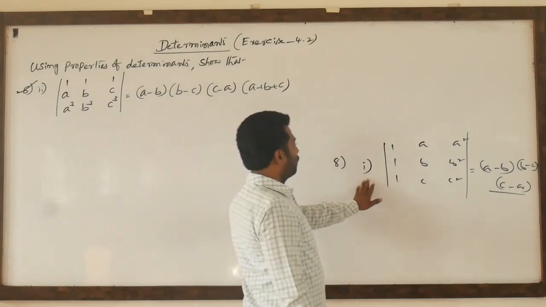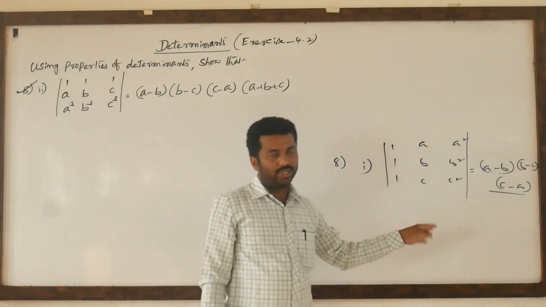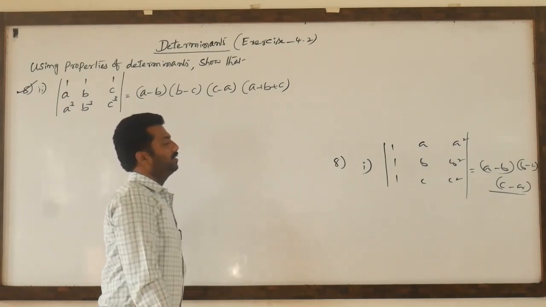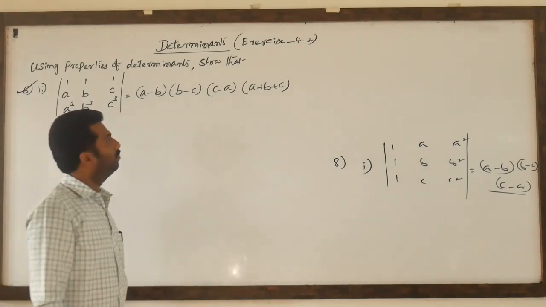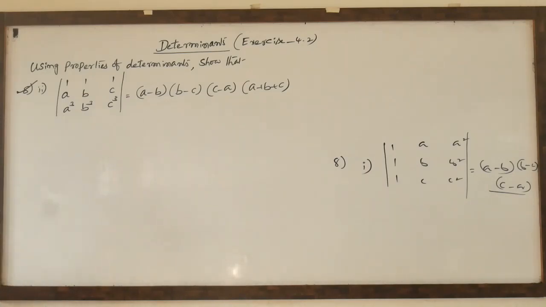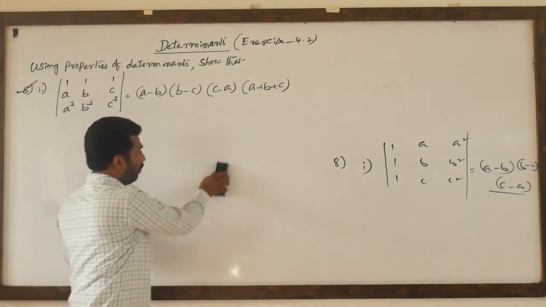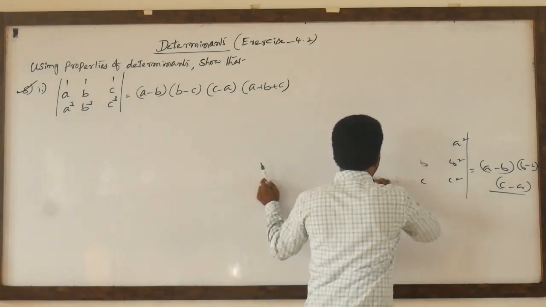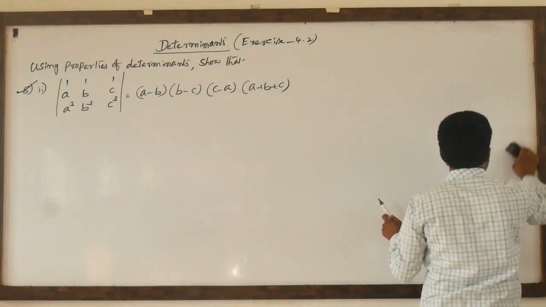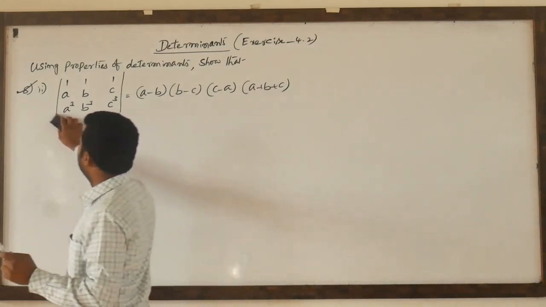Not only like this, 1 x square, 1 y square, 1 z square is also there. That is also the same concept: (x minus y) into (y minus z) into (z minus x) we have to do. Now this is the second problem in the 8th second bit. What they are asking, you see there: determinant of 1 a b c a cube b cube c cube, concept we have to apply.